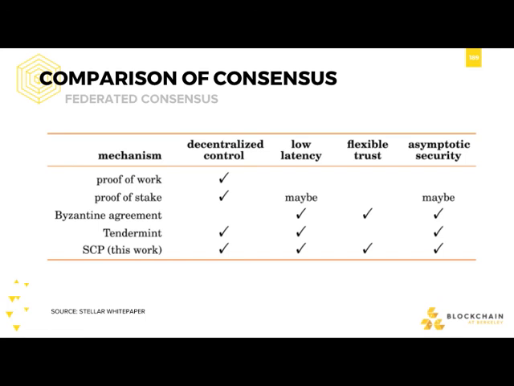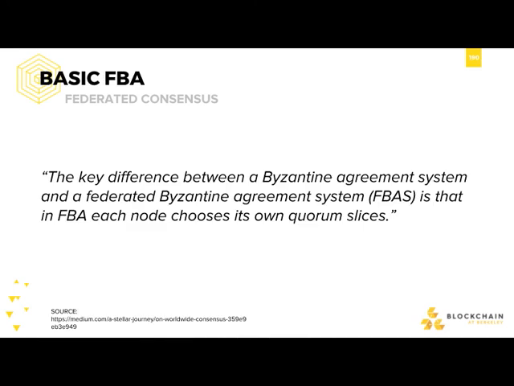You need one-to-one. So basically, you don't want to trust everybody, and this becomes really important when you go into not necessarily public environments, but more closed environments. The two examples I'll go over are Ripple and Stellar; one of them tries to be public, and the other tries to be a little bit more private. So what is actually federated consensus? The difference between a Byzantine agreement consensus and a federated Byzantine agreement consensus is that in federated Byzantine agreement, each node chooses who it trusts, and that's the main thing.